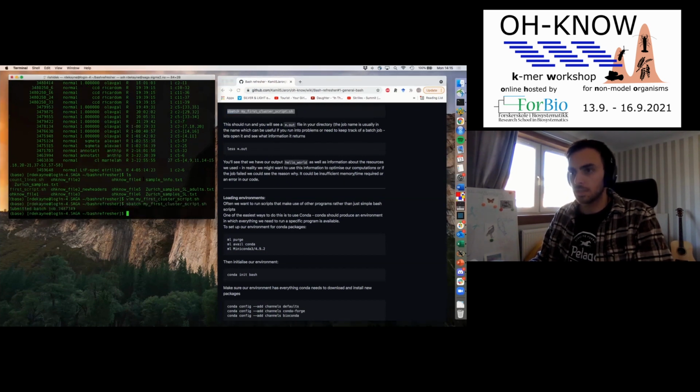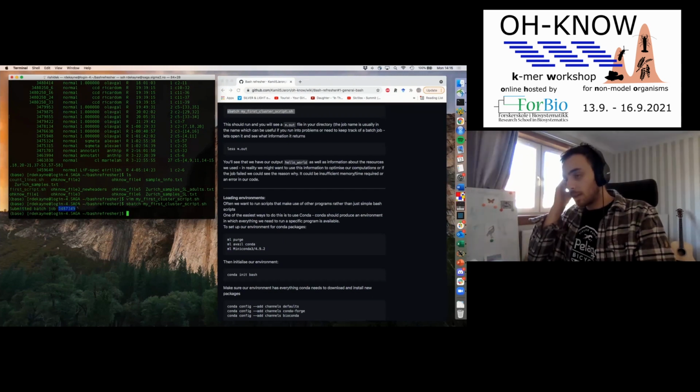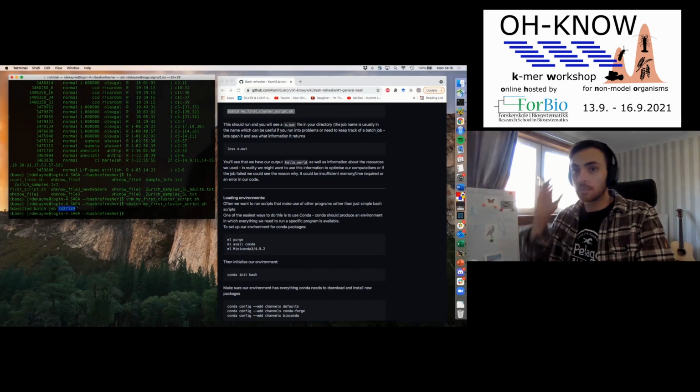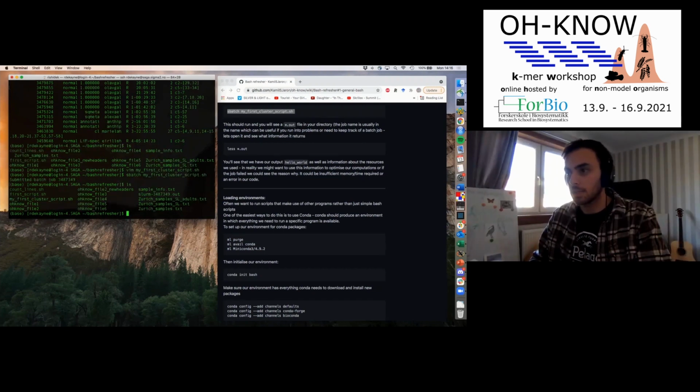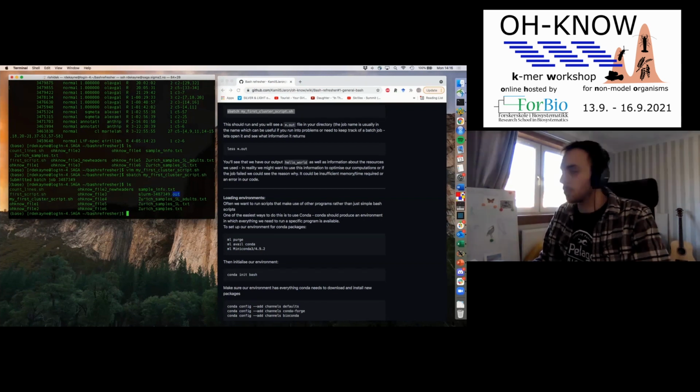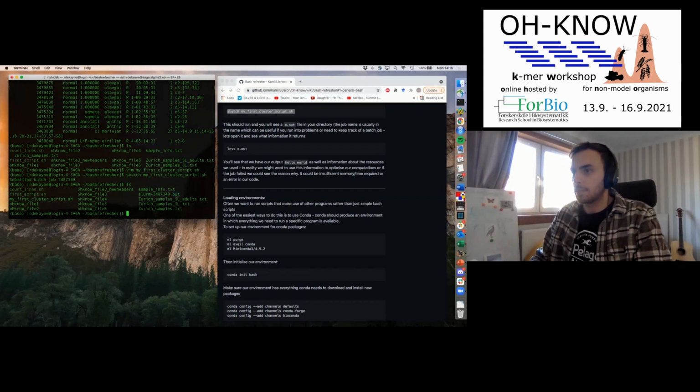If we do this, you'll see that it tells you the job ID. It'll say submitted batch job and then an ID. Because it's a very small job, it should have already finished. So we can do ls, and you'll see that there's this slurm-, our job ID, .out file. There are different ways in the script we could have specified a different output for this, but for what we're doing, it's fine. And if we look in that,